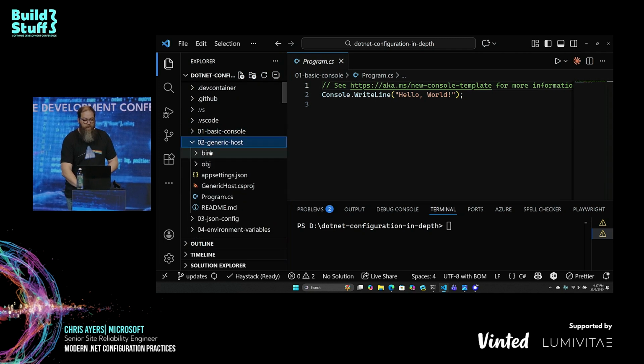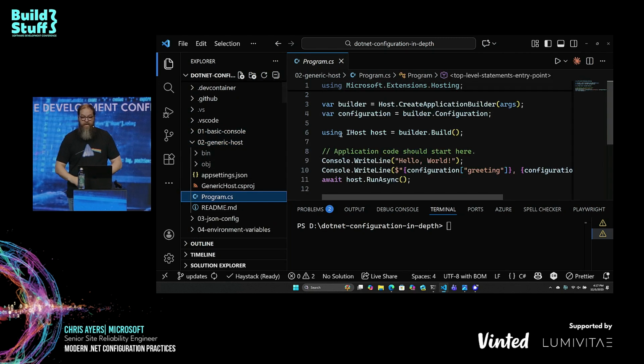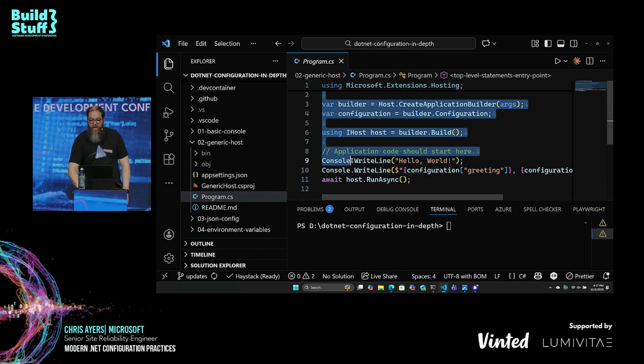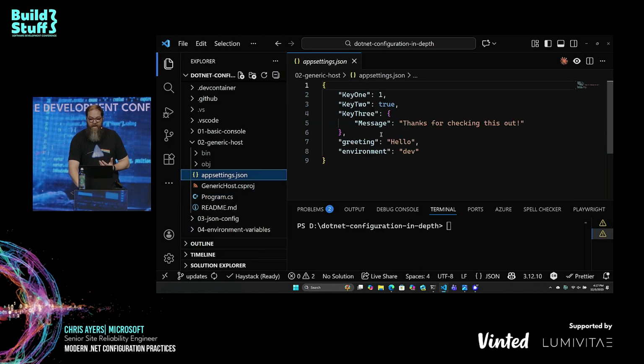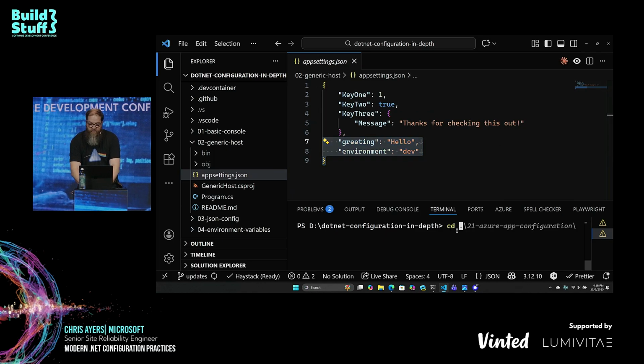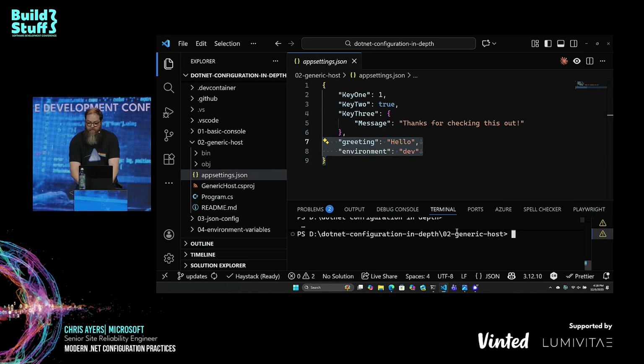But if I want to do something like a generic host, where I'm using a host builder, I'm not doing anything here, and I have access to configuration. It's already pulled in my appsettings. So I've got a greeting and an environment here. And so just out of the box with a generic host, by dotnet run,